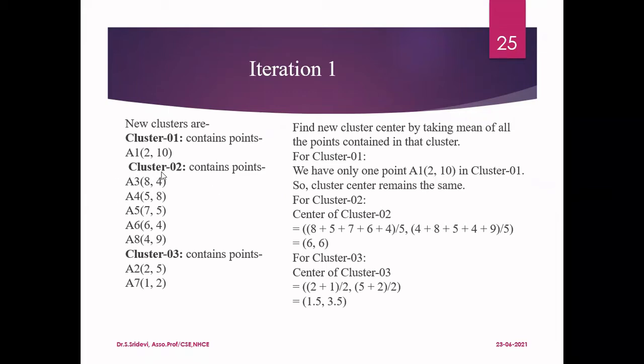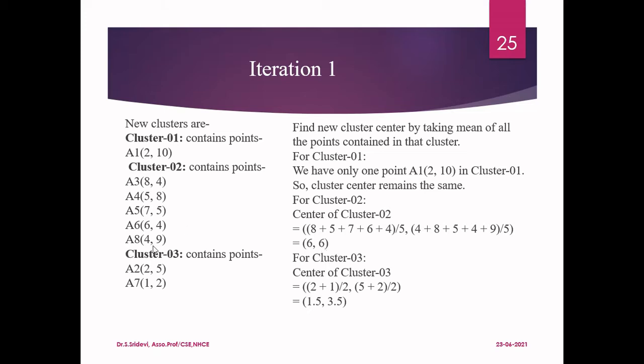If you consider the second cluster, it has totally 5 points now. You calculate the centroid of this cluster, that is nothing but the mean of all the points. So for that, you add all the first dimensions together and divide by the total number of points in your cluster, that is 8 plus 5 plus 7 plus 6 plus 4 divided by 5. Similarly, you add all the second dimensions together and divide by the total number of points, so 4 plus 8 plus 5 plus 4 plus 9 divided by 5. And when you do that, you will get the centroid for the second cluster, that is nothing but 6,